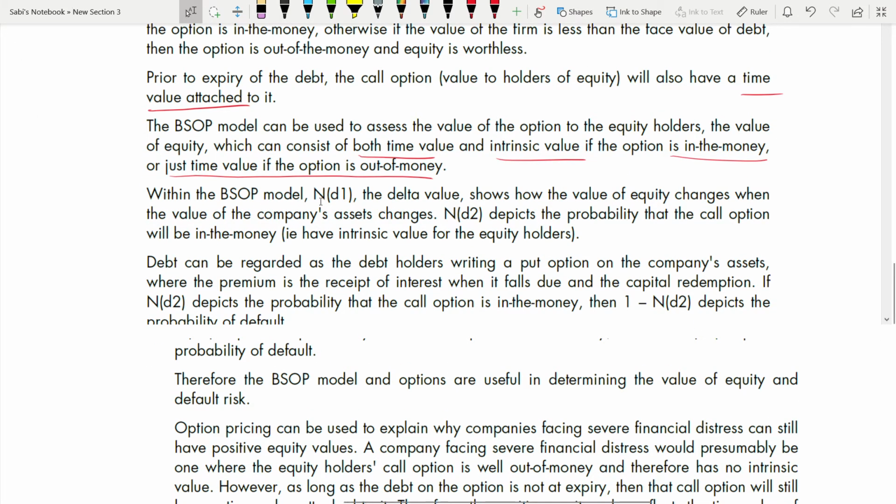Within the model, ND1 is the delta value. It shows how the value of the equity changes when the value of the company asset changes. ND2. So we have done calculations in the Black-Scholes model, ND1 and ND2, but do we know the actual meaning of it? Here, this is the actual meaning of ND1. ND2 is the probability that the call option will be in the money, have intrinsic value for the